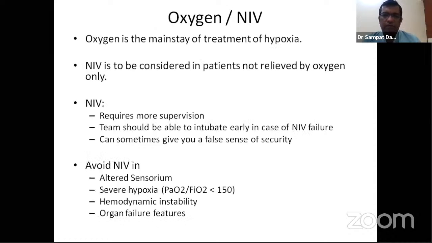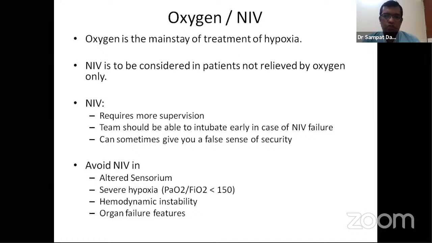Talking a bit about non-invasive ventilation, I personally am not very fond of NIV in these cases, because in critical care, the fundamental we have been taught is that there are few contraindications for NIV, and the first and foremost contraindication is pneumonia. So obviously, this is COVID. You get features of pneumonia, the lung compliance is bad. So NIV I actually don't prefer much, because it has a very limited role. Only patients who are COPD with mild pneumonia features, there I use it. But personally, I don't like NIV in COVID